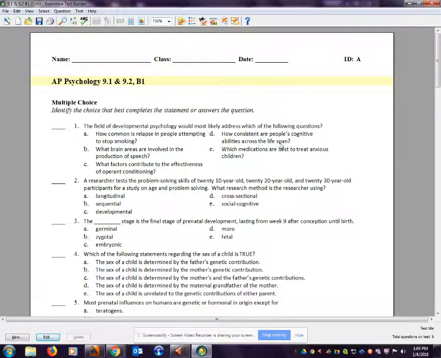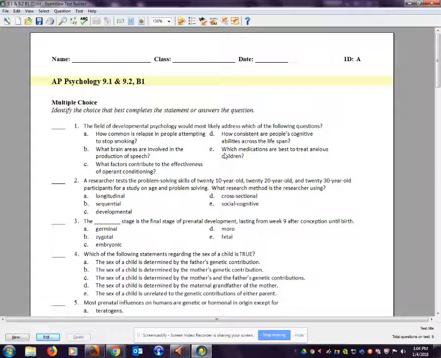So lifespan here. You'll notice that in A, this is just talking about helping people stop smoking, which is a habit or a behavior. So that would probably be behaviorism. What brain areas? That's going to be biology. Effectiveness of operant conditioning. That's really going to be like maybe cognitive sections of psychology. You'll notice it says cognitive abilities. That doesn't necessarily mean just how people think, but that's, again, over the lifespan is what makes this answer choice